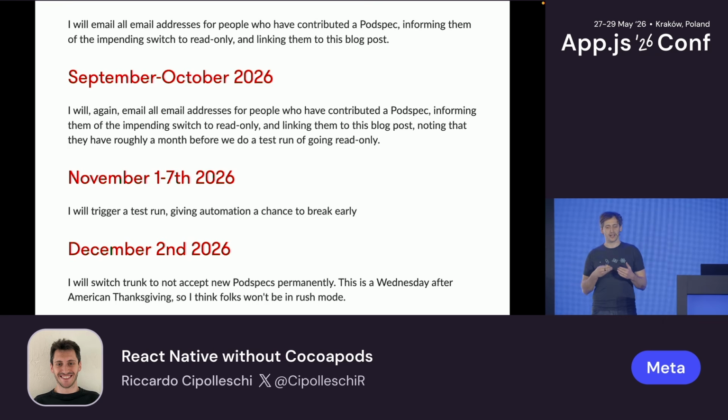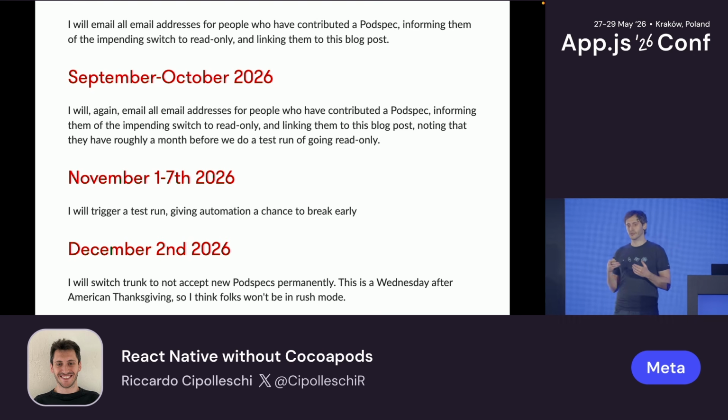So it means that new libraries are not going to be able to be published there. And it's true that we are not depending on the trunk of CocoaPods that much, because we usually publish our libraries for React Native on NPM. But some of those libraries might depend on pods in the trunk of CocoaPods. So that means that React Native applications might not receive security updates, they might not receive new features because it's